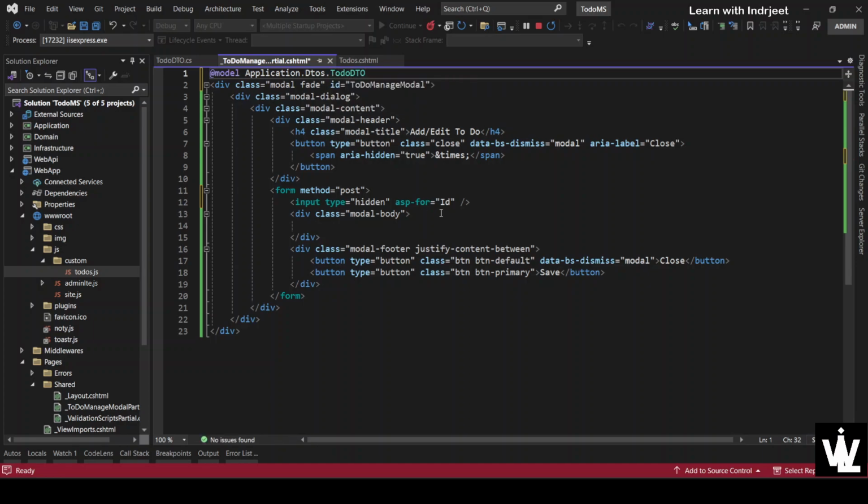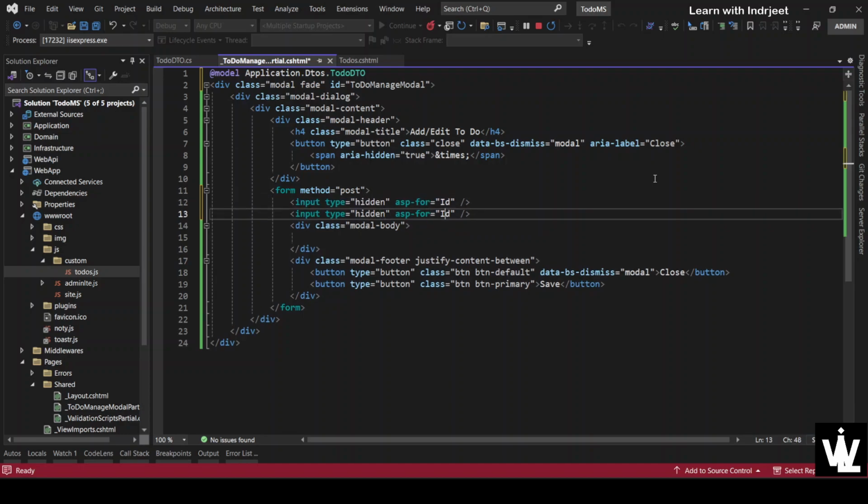Okay, so now this error goes. One thing that we are telling this modal pop-up is to have this model, the ToDoDTO model, so that we can have those properties here. So the next property is for the created on. So Control D, asp-for